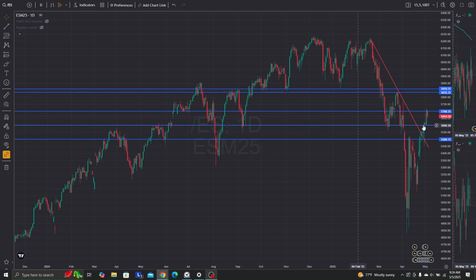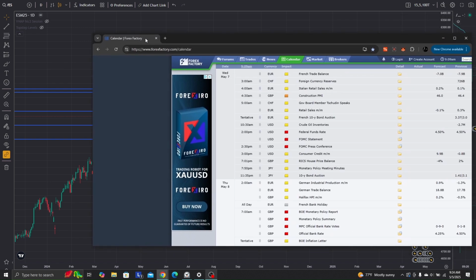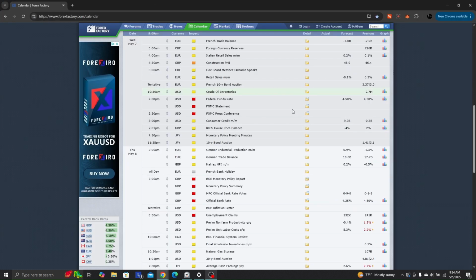5,500 would be the next level to confirm a continuation into a downtrend. So right now, my bias is more of a neutral to bullish bias, and I'm really looking for these next upside levels to be tested. Keep in mind, we can also chop around a bit in here. Now, speaking of chopping around, let's go ahead and look at our fundamentals for the week, because this is a